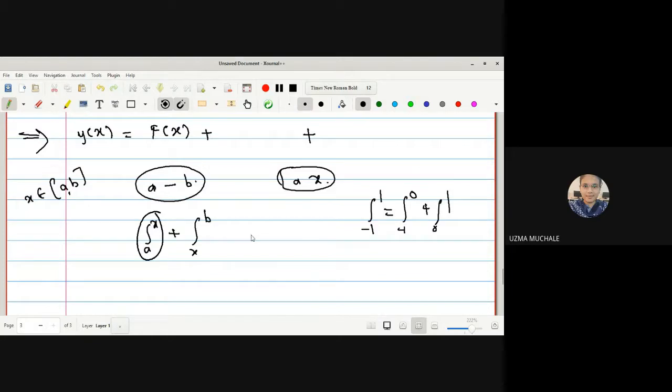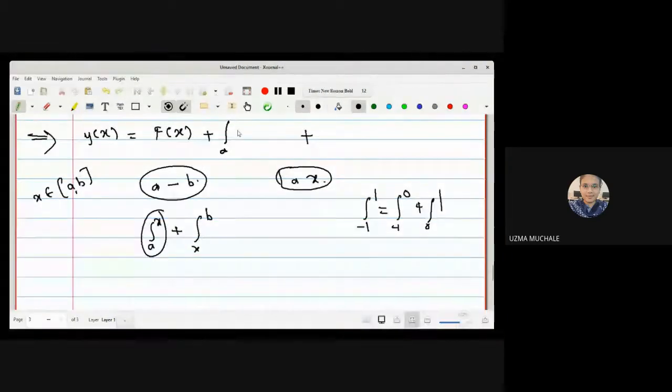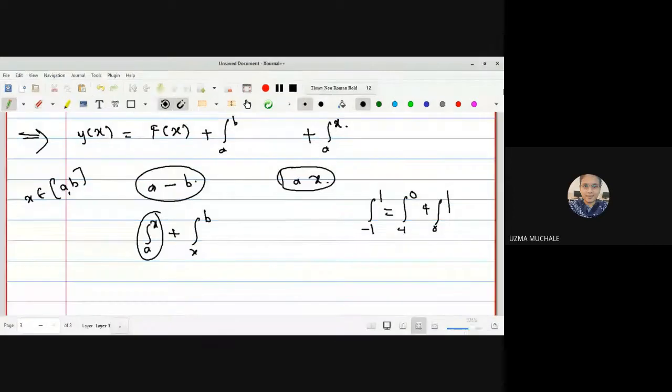यहाँ पे ऑलरेडी एक टर्म है और यहाँ पे जो हम टर्म लिख रहे हैं, ओके लेट मी राइट डाउन, this is with a to b and here is with a to x. Okay, so here this a to b we are going to split in the form of a to x and x to b. So these two terms we can combine, a to x, a to x. Okay, have you understood?